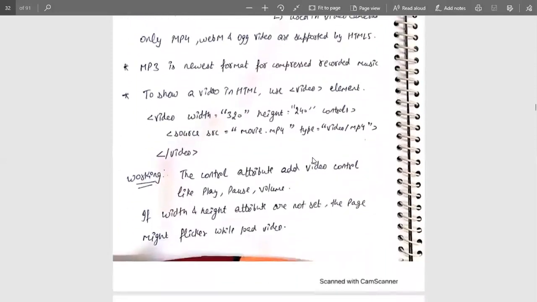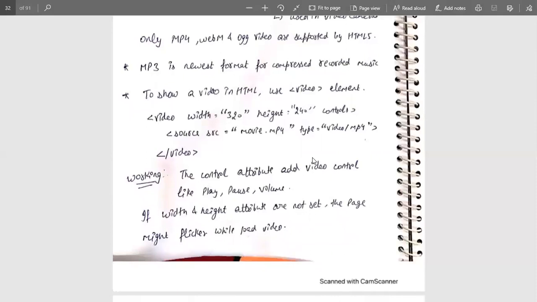So we can say MP3 is the newest format for compressing recorded music. To show a video in HTML, use the video element, which contains some features, or we can say attributes, that help in inserting the features in a web page. The video tag here contains the attribute width, and width has a value of 320 pixels, and height is 240 pixels. And for the controls, the controls attribute is included.